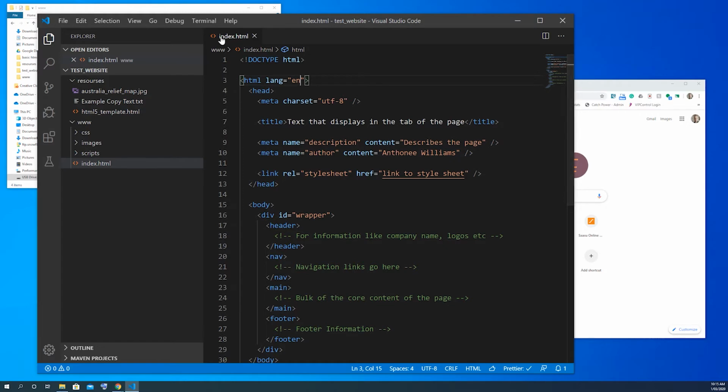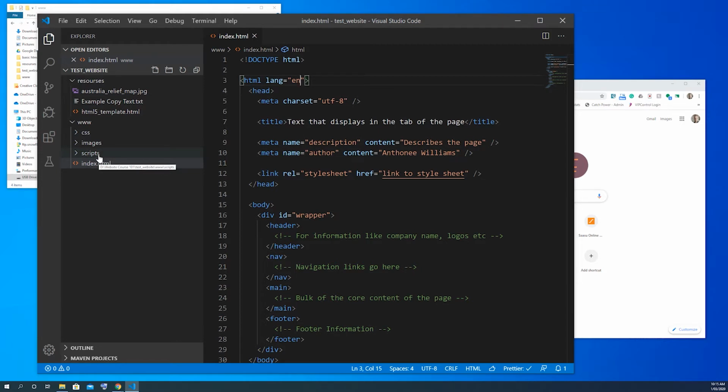Okay, so now we've saved a copy of our template file as the index.html file inside our www folder. Okay,